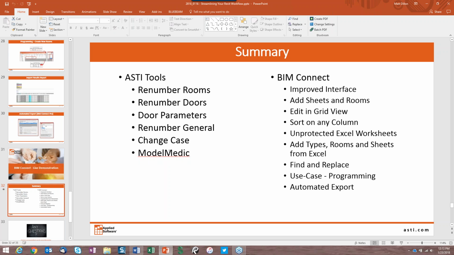I'll take a look at that in a minute. And then the change case tool for updating text, and then Model Medic was real handy for just doing a quick analysis of your model to find any potential problems. And then I showed you BIM Connect with the improved interface, the ability to add both sheets and rooms, editing in the grid view, the sorting on any column,